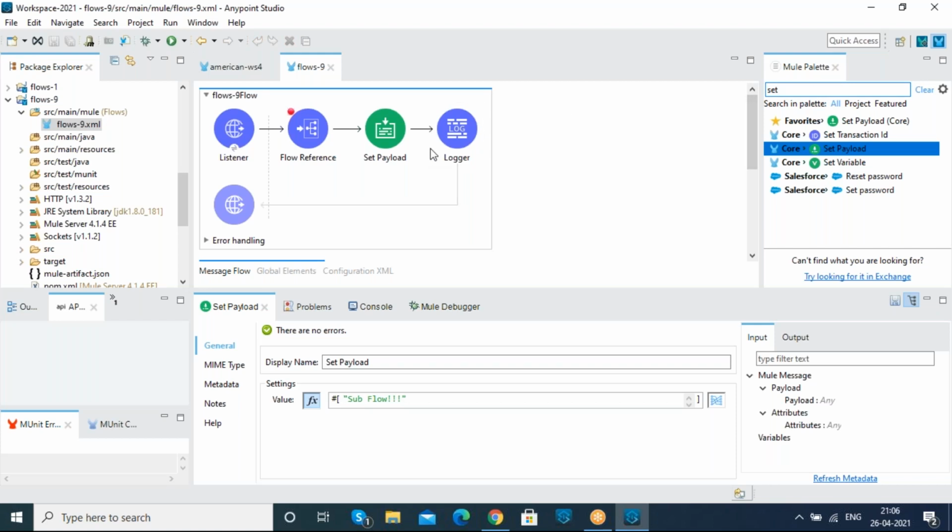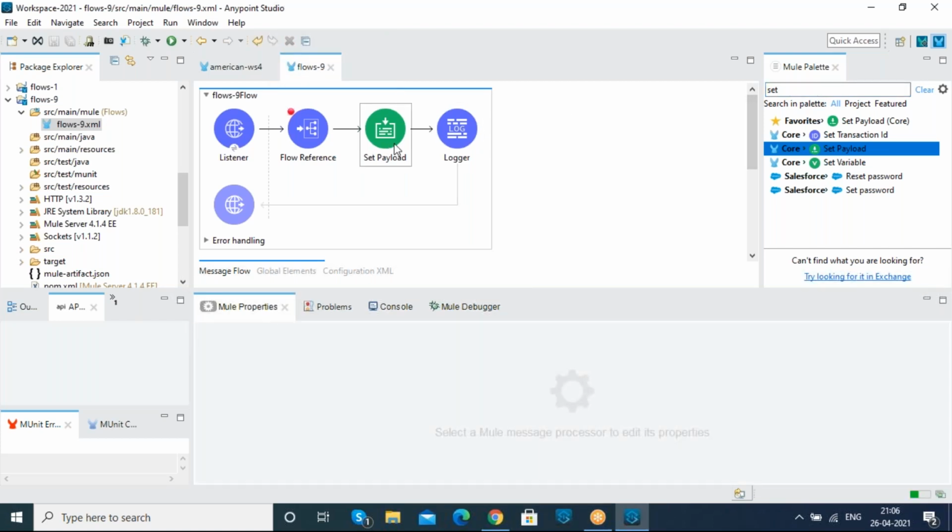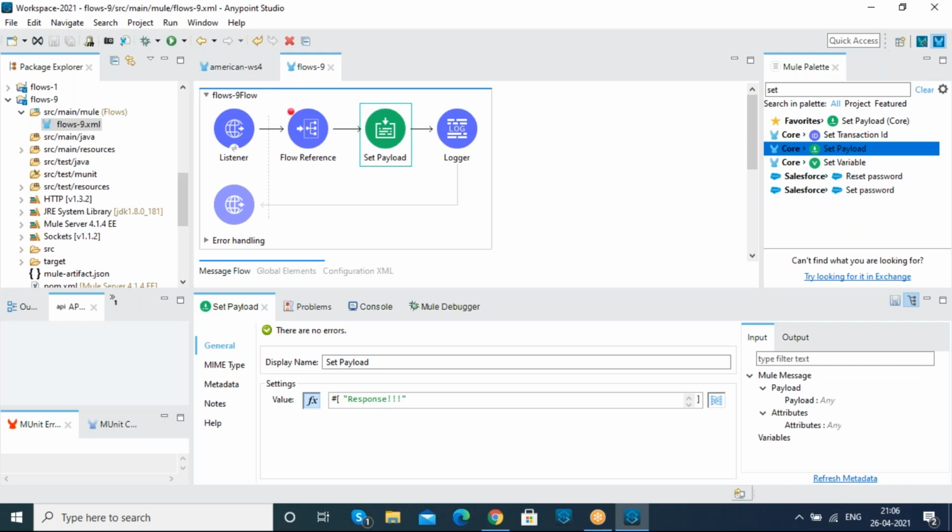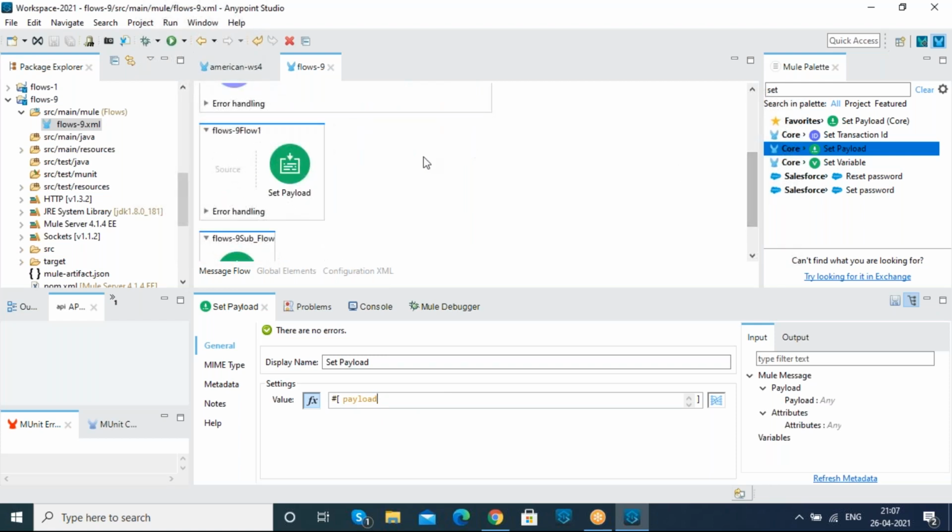And before moving to the subflow, if I just want to display the previous payload without deleting the end set payload connector as our response, I can make it as a payload over here. So payload is nothing but response. So whatever the response we are getting from the previous set payload connector, I just want to display it as our response over here.